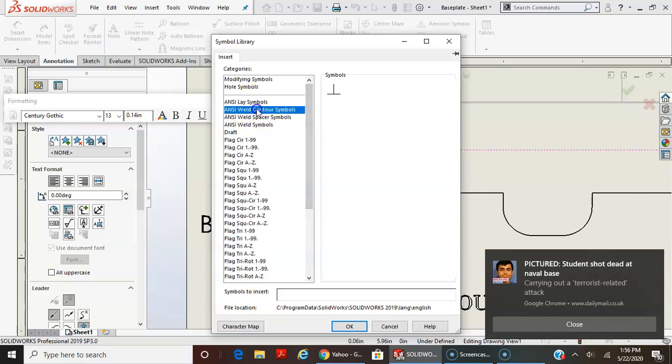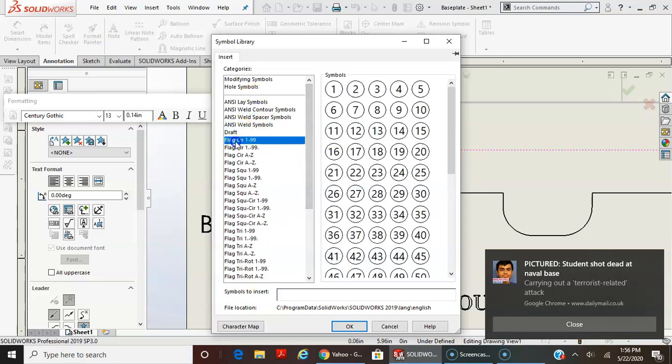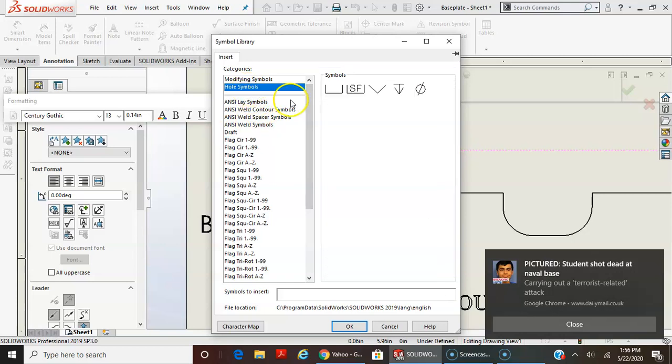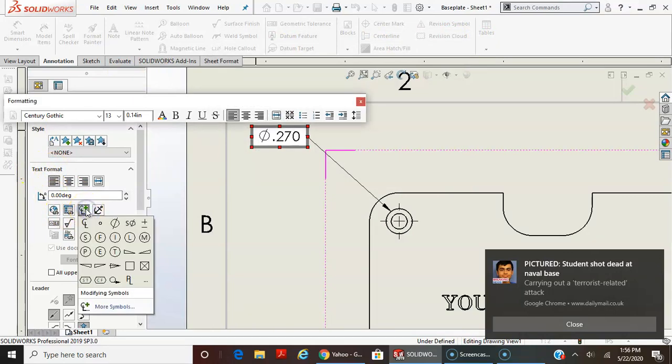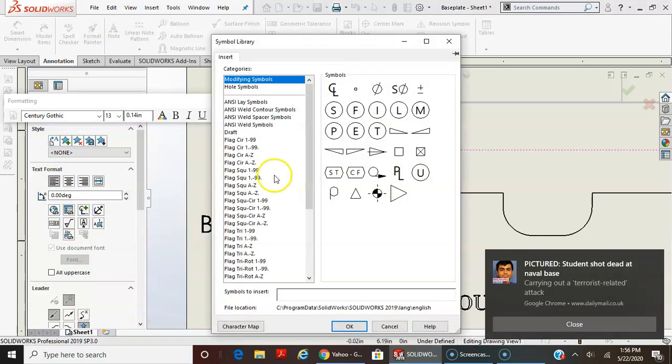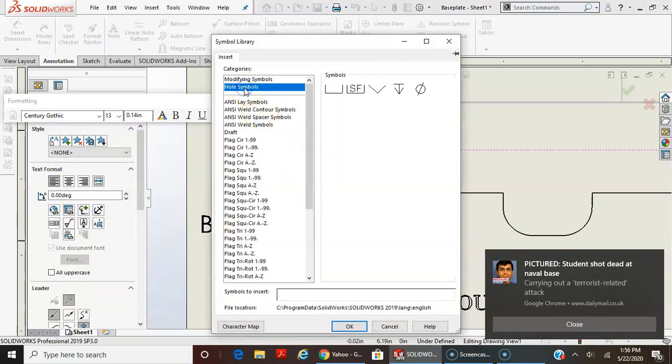No. Lost symbols. No. Full symbols. Here we go. I'll show you how to get to that again. In the text format page, add symbol, more symbols, whole symbols,